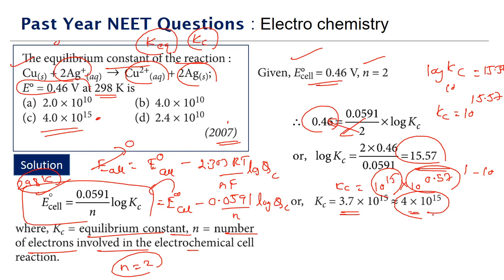Clear? If it is a question in the board exams, you will have the log tables to be used, because in NEET we will not be able to use the logarithmic table. Sometimes they themselves will give values, like they will say use 10 power 0.7 as 4. Then we have to take those values. So the correct answer for this is approximately 4 into 10 power 15.